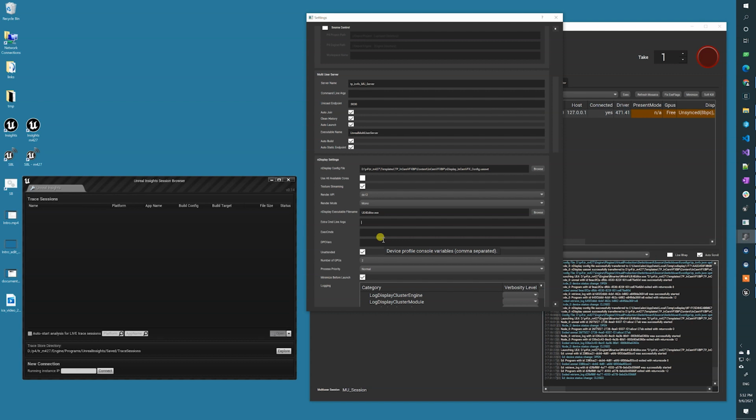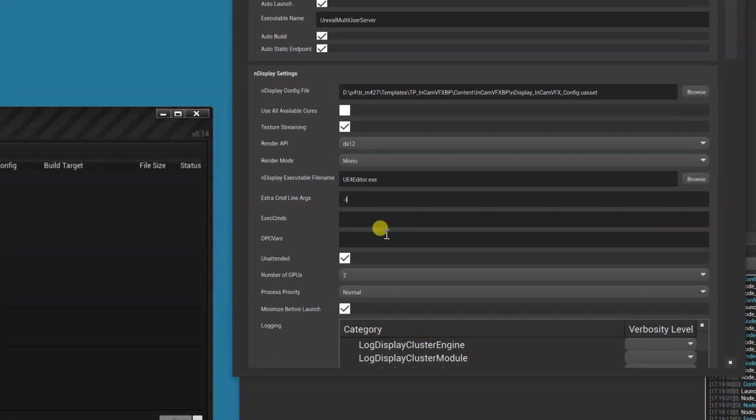So there are 2 mutually exclusive ways of starting Insights. One is using tracehost, and you give it an IP address. This is what we're going to be using in this short tutorial. And the second way is if you don't want to stress the network and you just want it to save to a file, you use tracefile, and you give it a path to your trace. The extension is utrace.